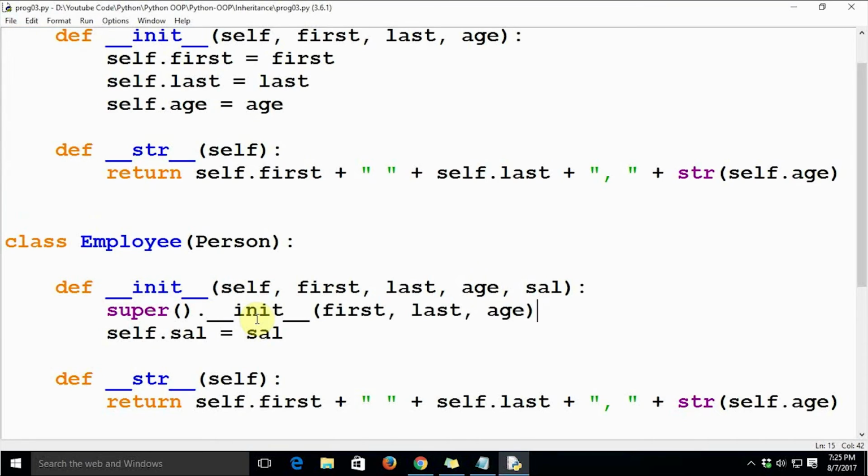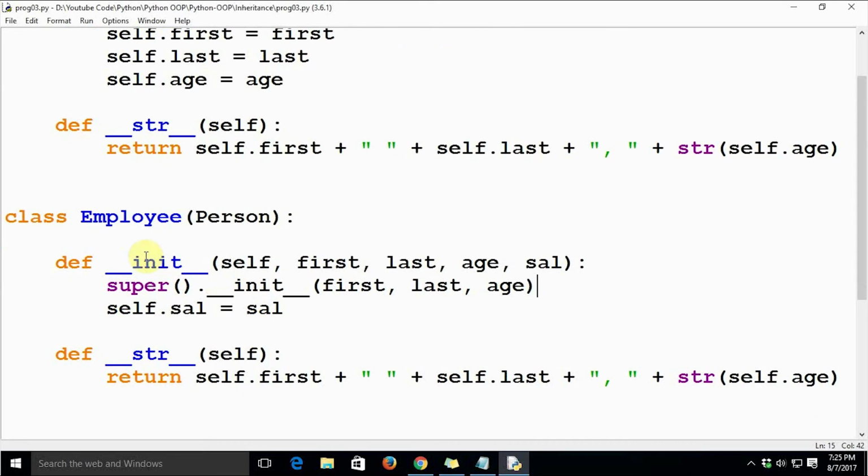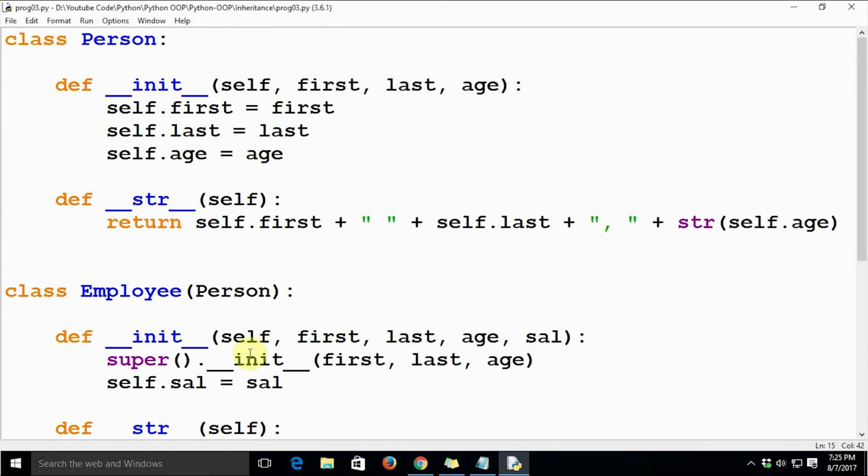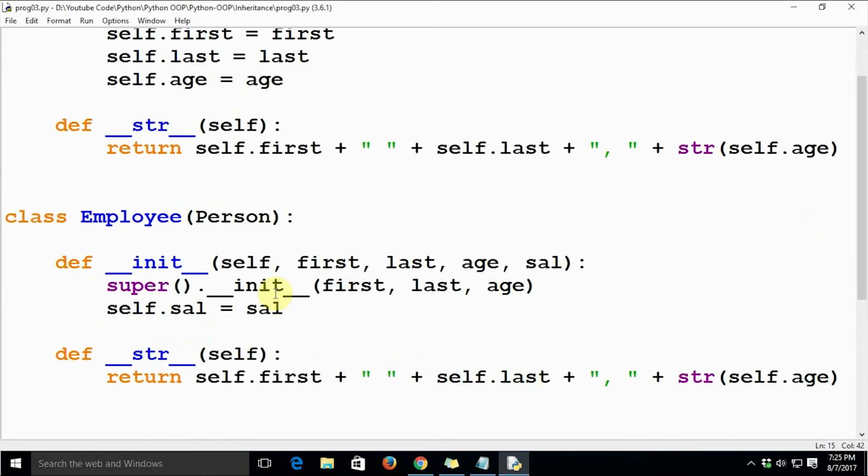This completes the call to the init method of the parent class. So we are using super to call the init method of the parent class, passing first, last, and age.